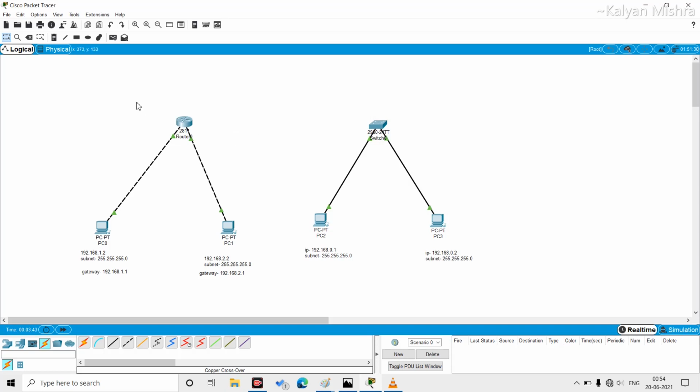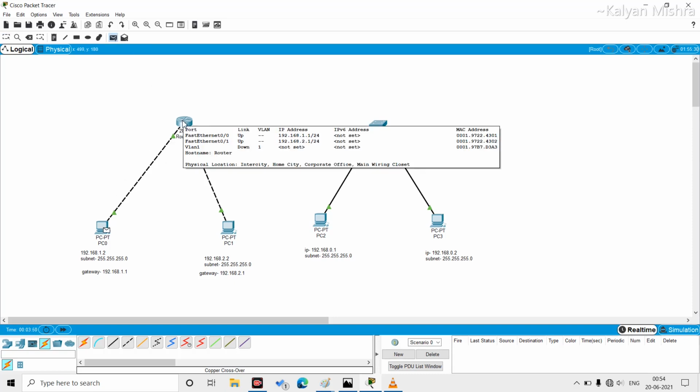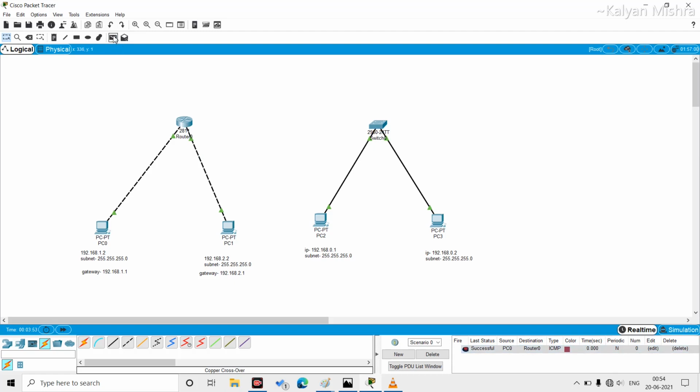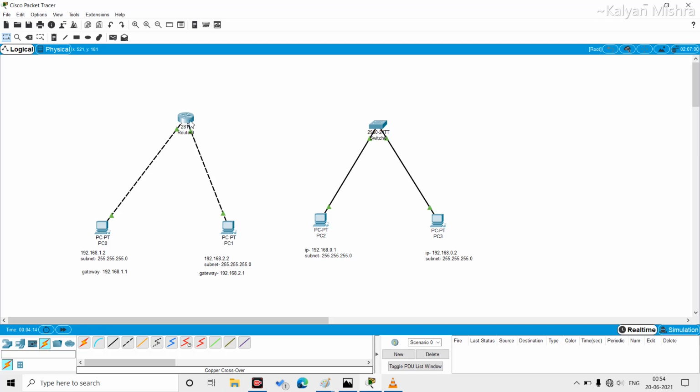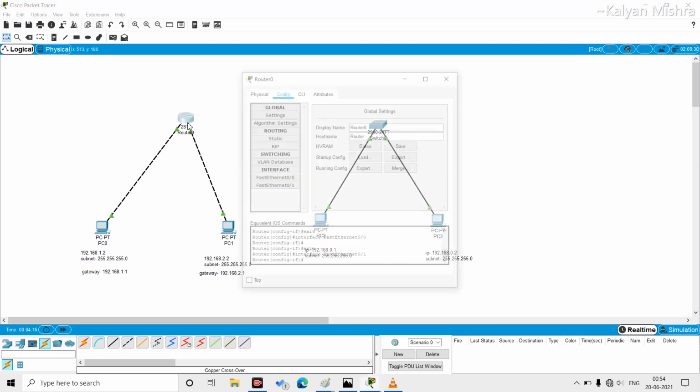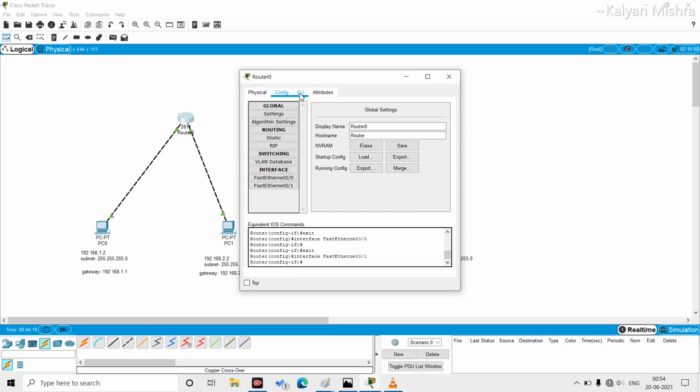Now let us check by sending this packet whether this will be successful or not. From first PC to router it is successful. From second PC to router it is successful, and from first PC to second PC it is also successful. And in case this is not successful, sometimes it works because it fetches the IP addresses of both the computers, but if it does not work, then click on this router, go to